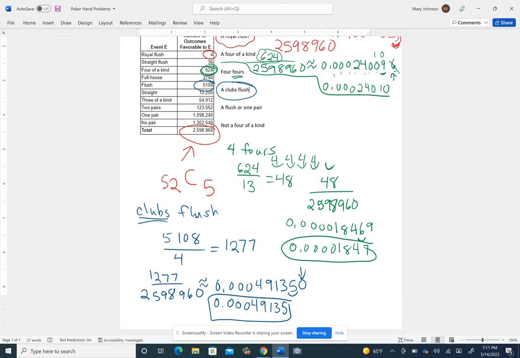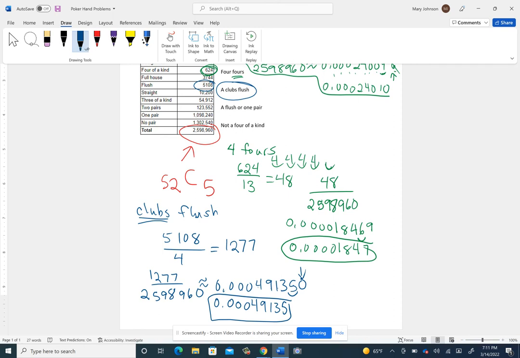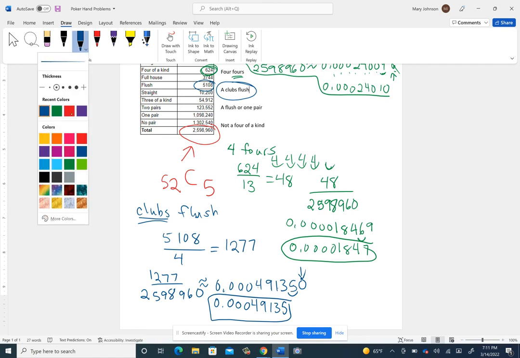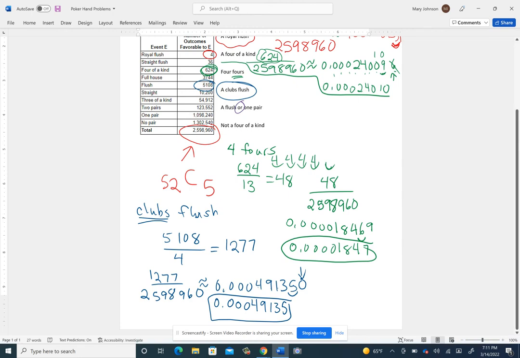All right, now the 4 fours and the clubs flush, those are the 2 hard ones. I think the others are pretty straightforward, but let's go ahead and do them to be complete. All right, let me see. What color haven't I used? I've used green. How about we go to purple? Okay. So for a flush or 1 pair, we just take the number of hands that are flushes together with